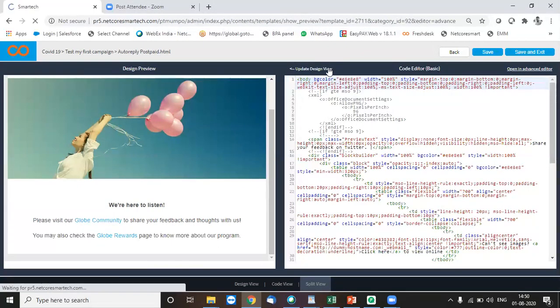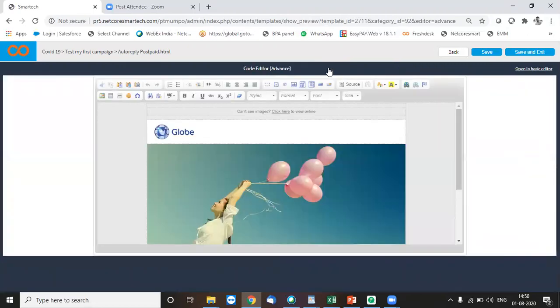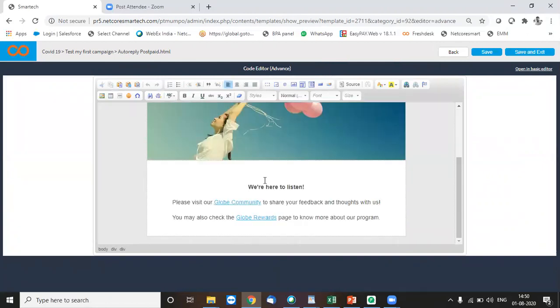So this is in case I want to do an on-the-fly change by myself. In fact, even if I'm not very good at HTML, I can still go ahead and make changes on the front end as well. Like for example, here, I just want to add something, let's say good morning. So I can add it directly on the front end.